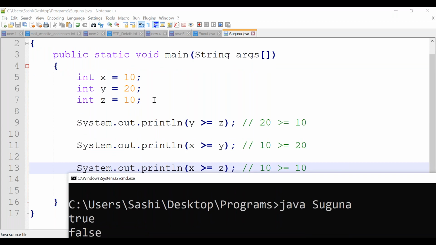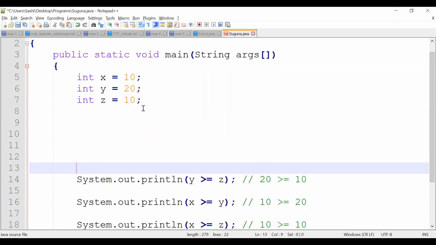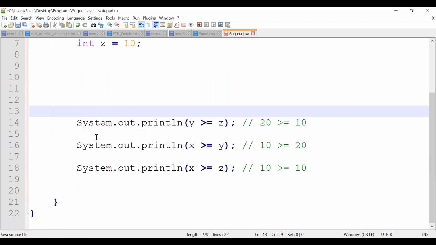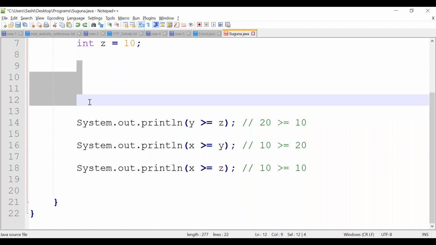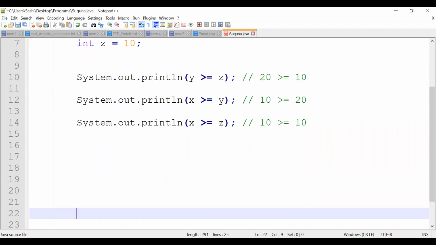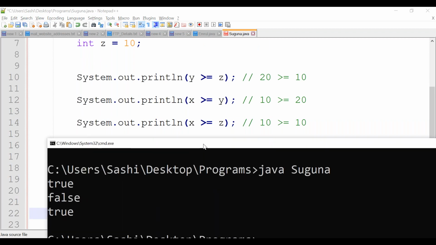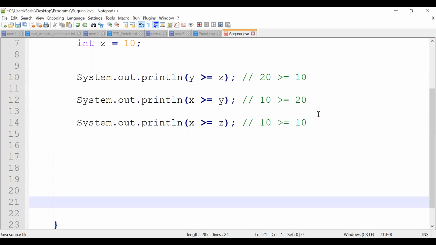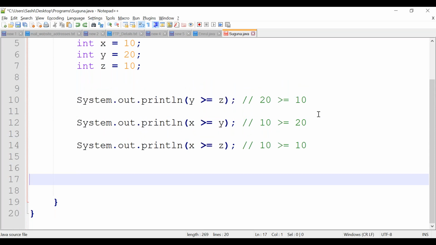You can compare the output. First one is true, second one is false, third one is true because 10 is equal to 10. Correct? This is all about greater than or equal to.